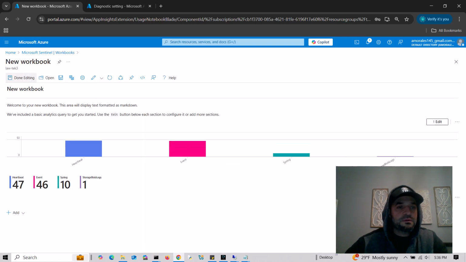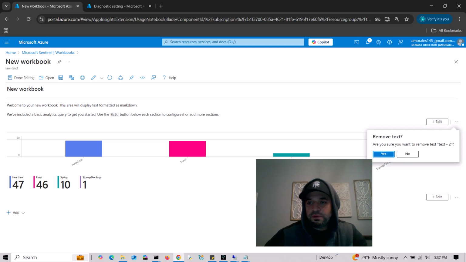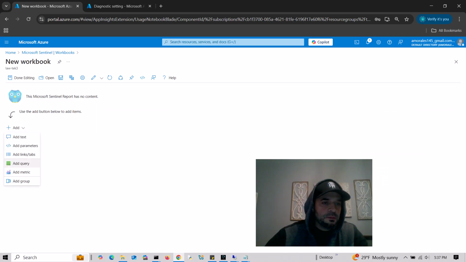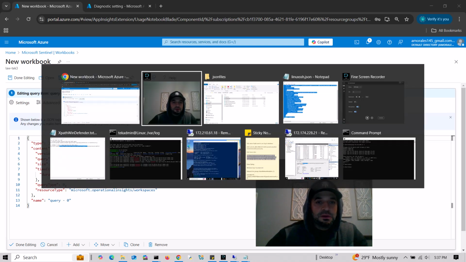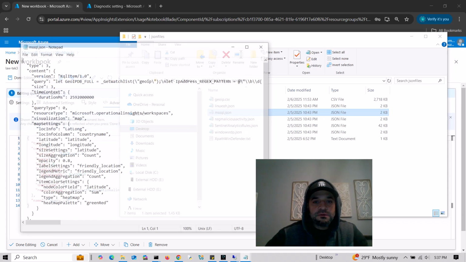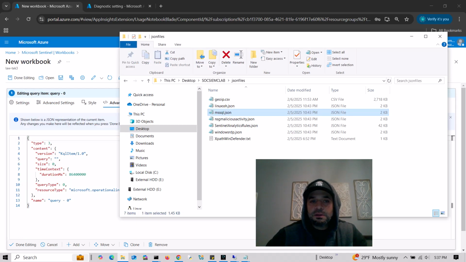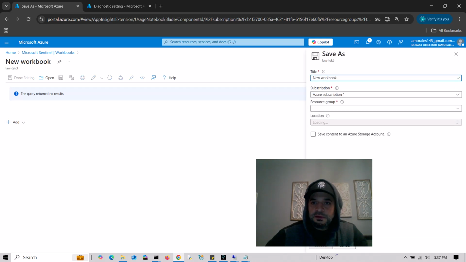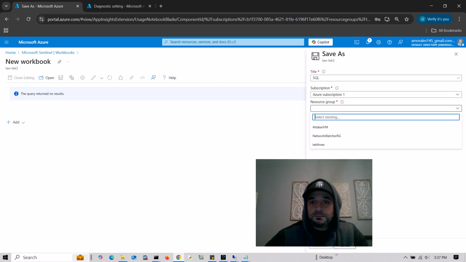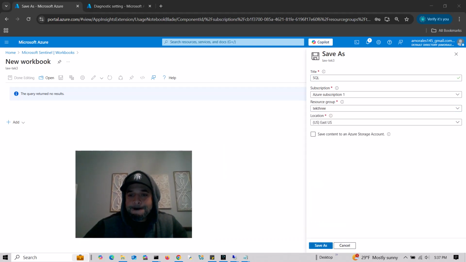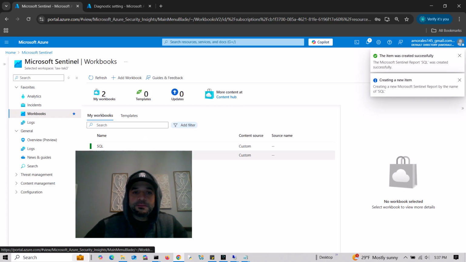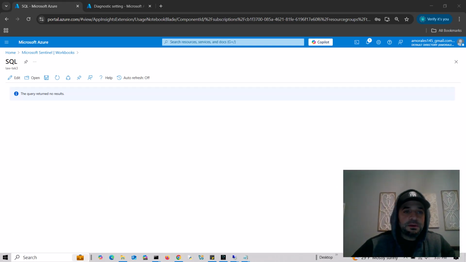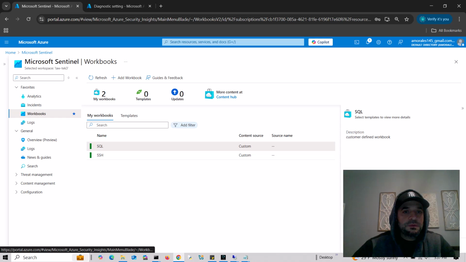We're going to do the same thing for the rest. So this is pretty self-explanatory. Removing this. That's good. Add query. Advanced editor. Back. We're going to add SQL. Close that out. Paste that. Done editing. Save. That's SQL. Select your resource group. Save as. If we run this, yeah, nothing's going to come up yet, but eventually, once we start getting hit on that machine,